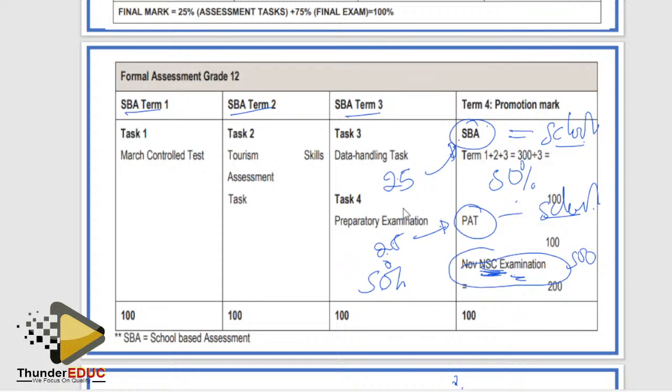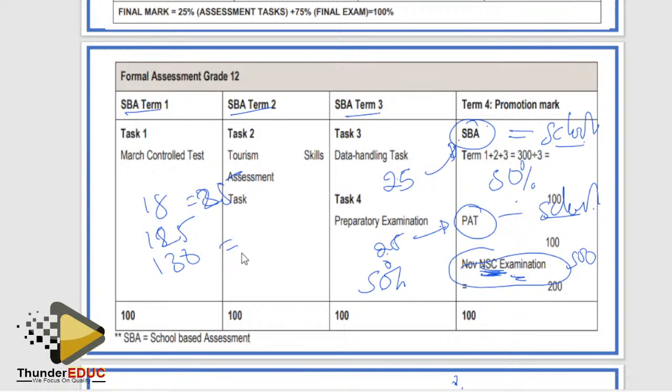What do you mean by 28 out of 30? You are saying 28 out of 30. It is supposed to be maybe 18 out of 25. Yes? So it means that you can't say 28 out of 30, because it is converted into 25. You understand? So maybe 18 out of 25, and then 125, and then 130.